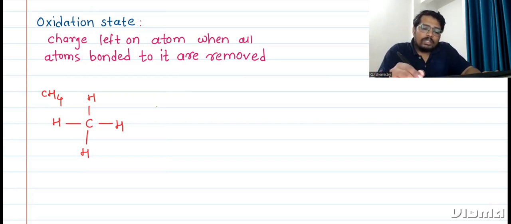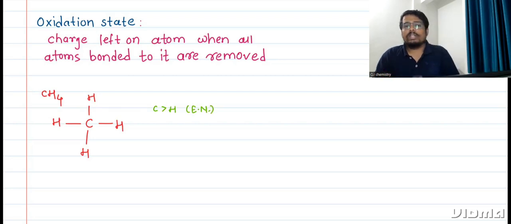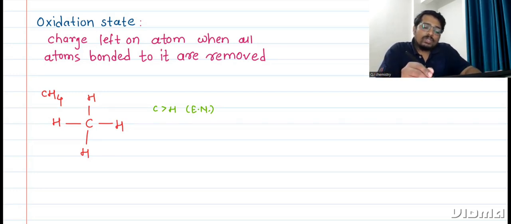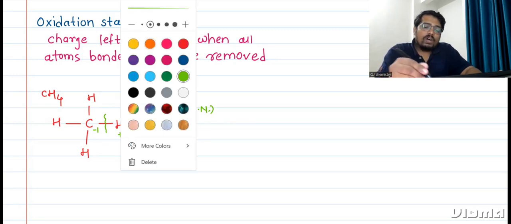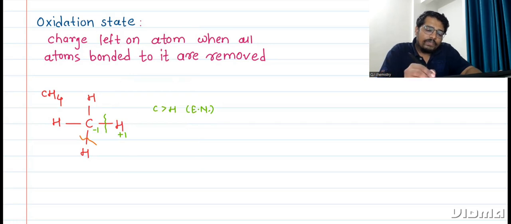So we know that carbon is more electronegative in comparison with hydrogen. Okay, so electronegativity difference is needed to calculate the oxidation state. On dissociation of a single bond, assign -1 charge to the more electronegative atom and +1 charge to the less electronegative atom. Similarly, on dissociation of the second carbon hydrogen bond, -1 charge to the carbon and +1 charge